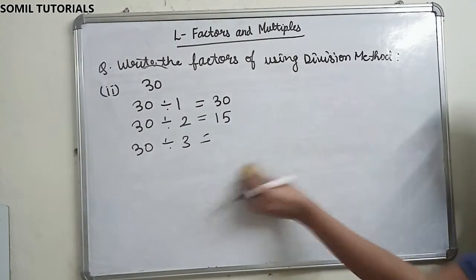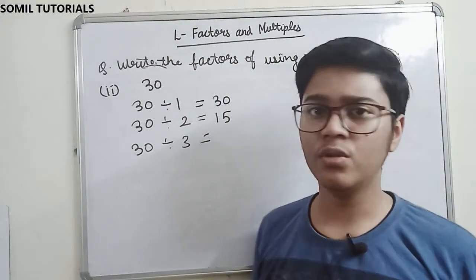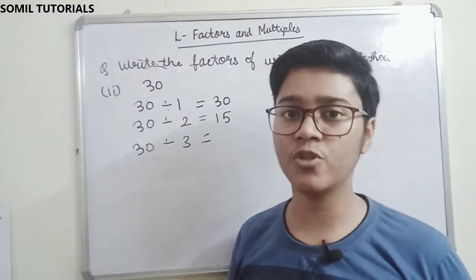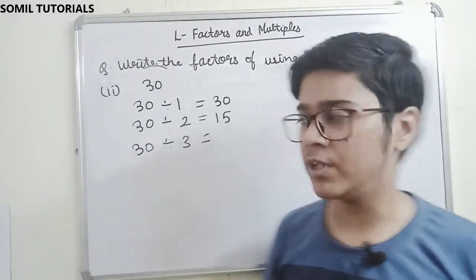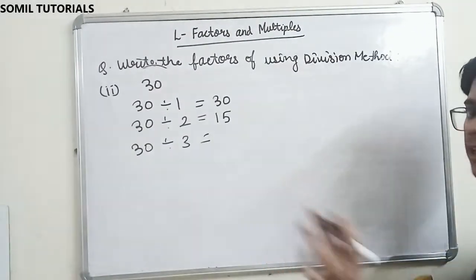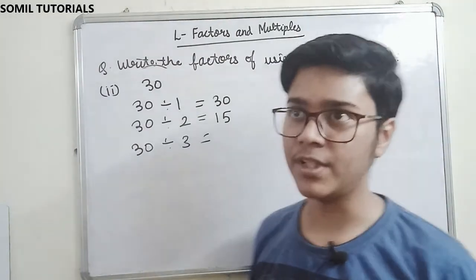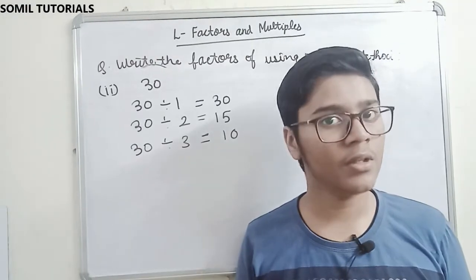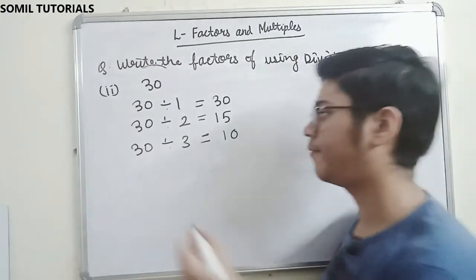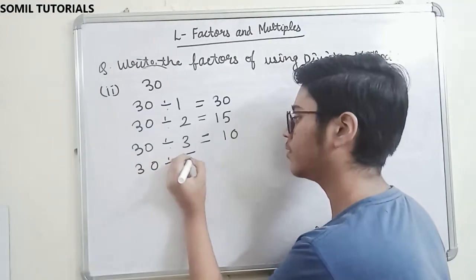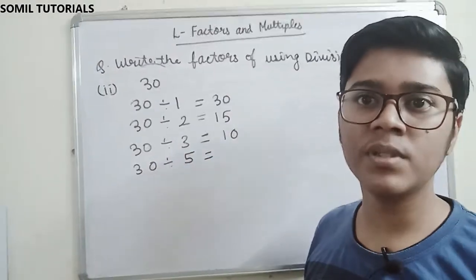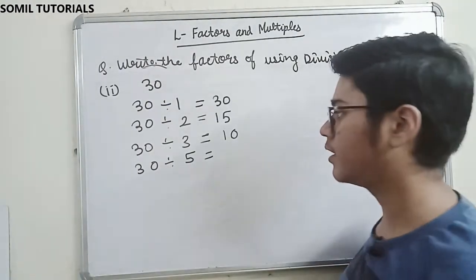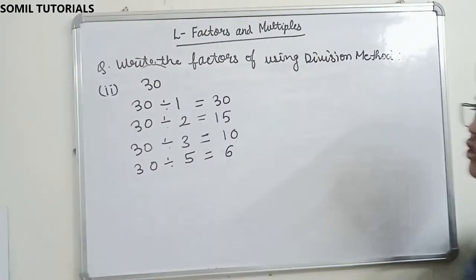When you are solving this question, the numbers will quickly come to your mind. You need not waste extra time on this type of question. These are very easy questions and very scoring in your school exams. All of you know that 3 comes in the 30 table at the 10 place, so we don't need to divide it. Does 30 come in the 4 table? No, 30 comes in the table of 5. 5 comes in the table at 6. 5 6s are 30, so the quotient is here 6.